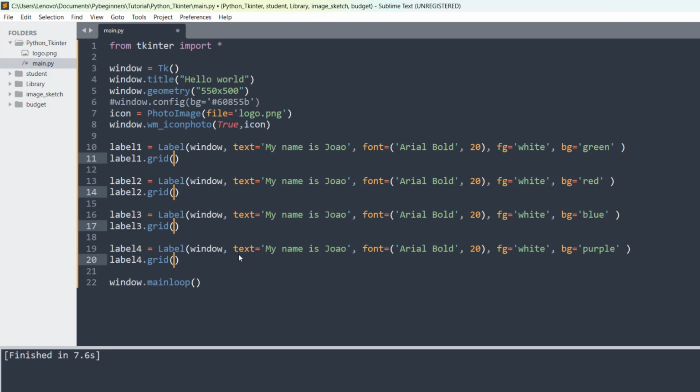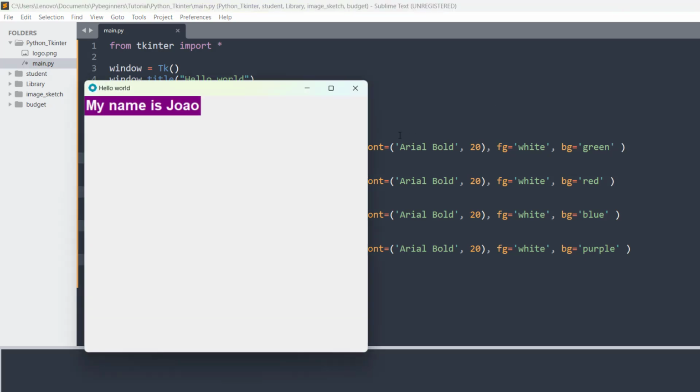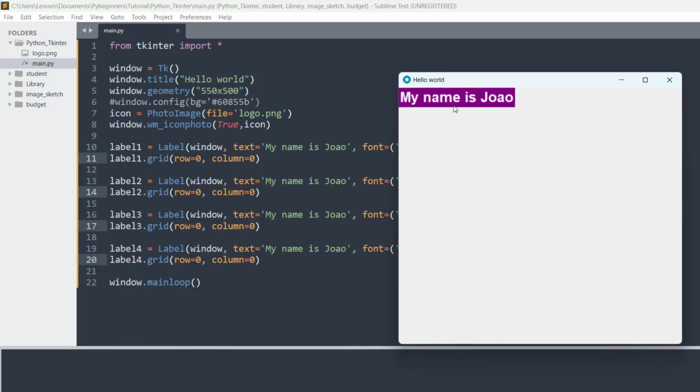So let's give this guy a row. So row is the line, okay, like this. Okay, horizontal. So on the row 0, let's keep all of them in the row 0, and then we have to give column. So we have to separate those attributes with a comma. Never forget that, or else we are going to get an error. Okay, so let's see column. On column equals 0. I save. If I run this, we will see everything is on top of everyone.